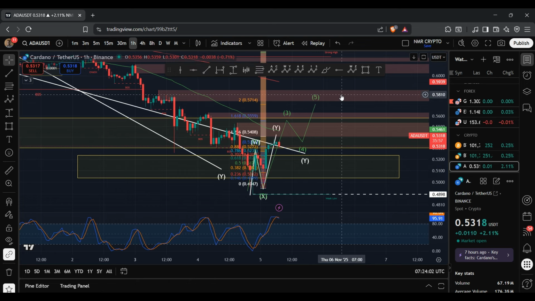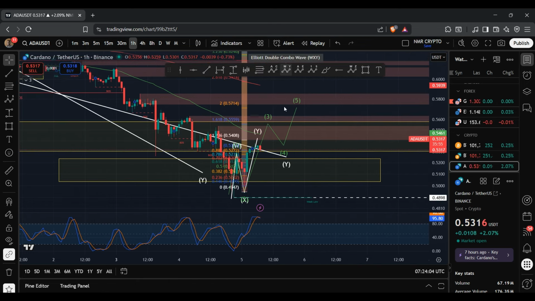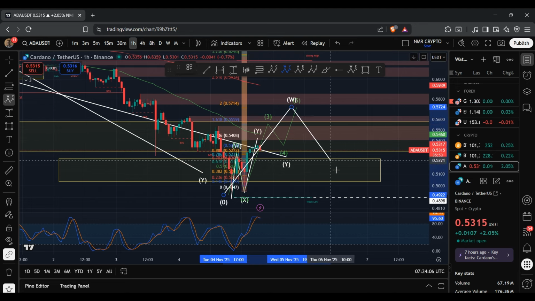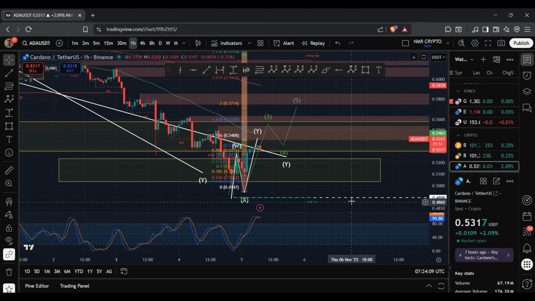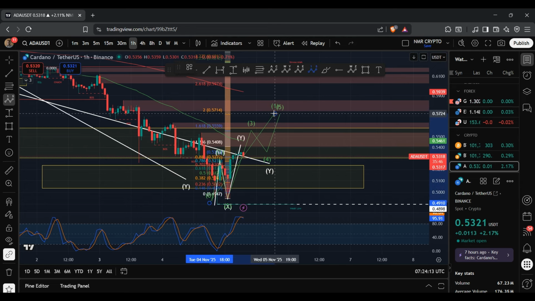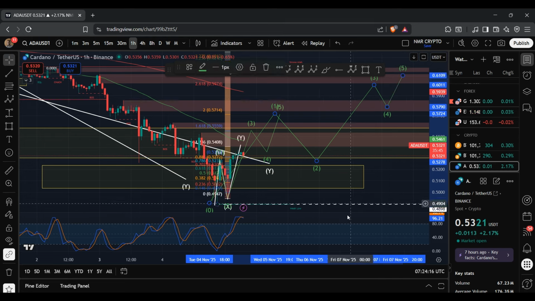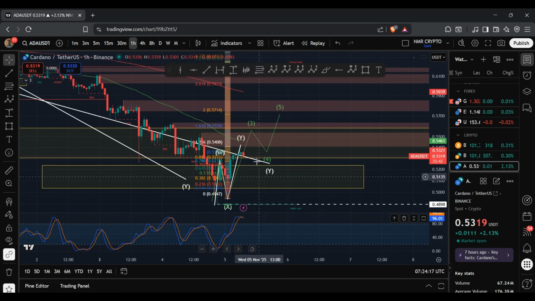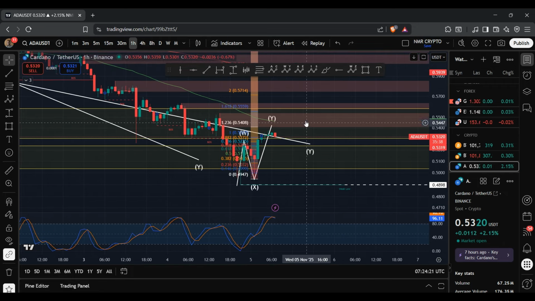And then this 5-wave structure could either form a double wave as part of a bigger WXY structure, like so, or for us to be ultra bullish, what we need is for this 5-wave structure to then form the wave 1, and then we see a wave 2, 3, 4, 5 play out over the next couple of days or so. But for now, I'm looking for this WXY structure,